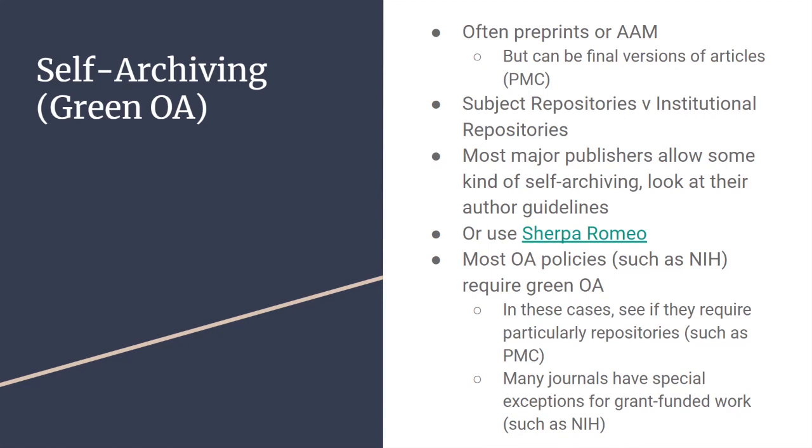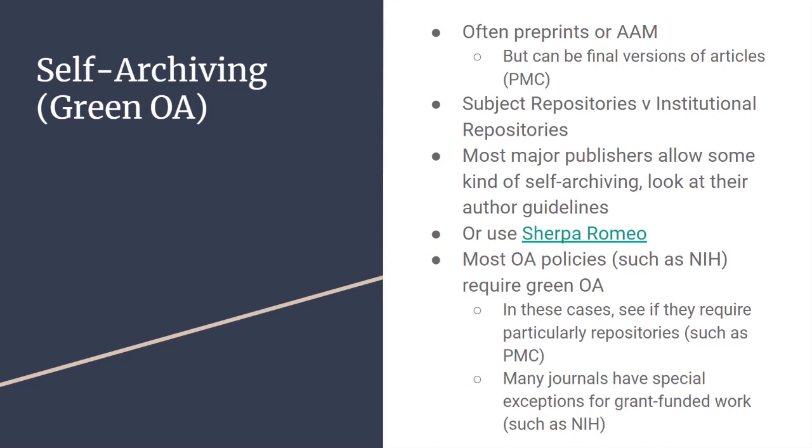Alternatively, many repositories also accept author-accepted manuscripts, which is the version of the manuscript that has gone through peer review and been accepted, but hasn't gone through the final typesetting process at the journal. This means that author-accepted manuscripts have a lot more validity to them since they have been peer-reviewed, and they're in a bit more of a finalized form, but they're just not quite the final version of the article showing up